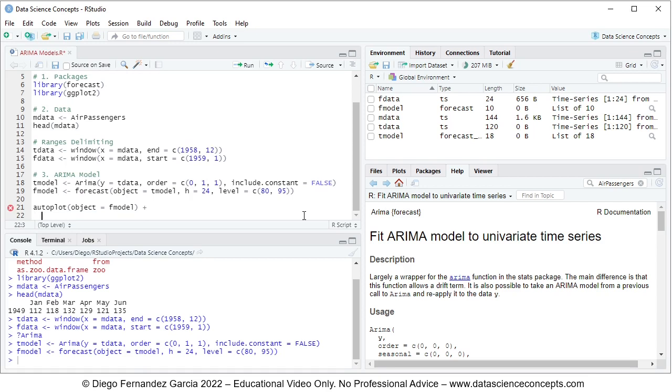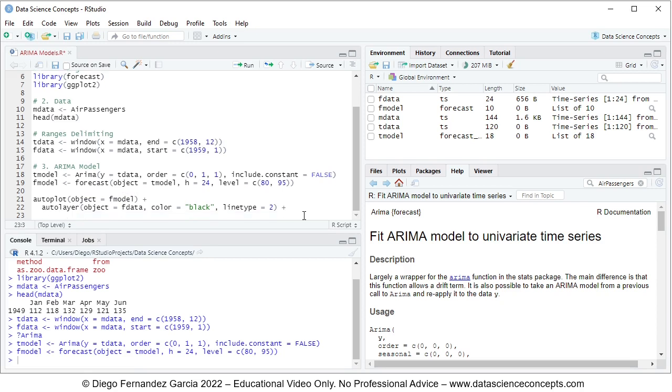So we'll be using the autolayer function, and within it we include the following parameters, which are object equals fData, color equals, within quotations, black, linetype equals 2, so this is a dash type of line,